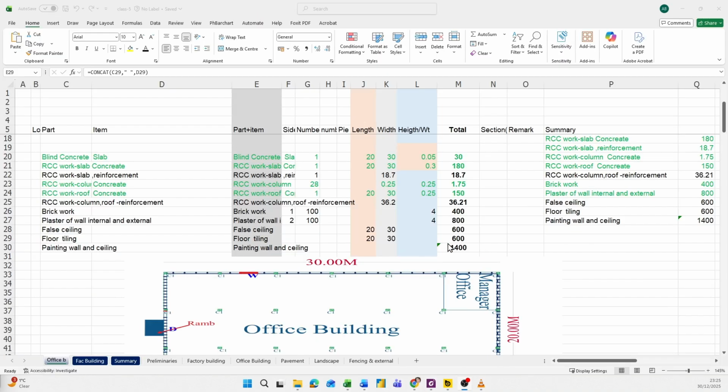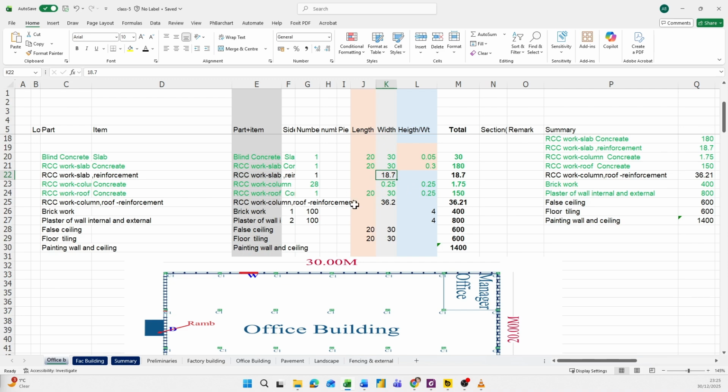So I also calculated the floor slab concrete. This is the dimension, same. Plain concrete thickness is 50 mm, concrete is 300 mm. This is the reinforcement. I already showed the total reinforcement on the drawing. And